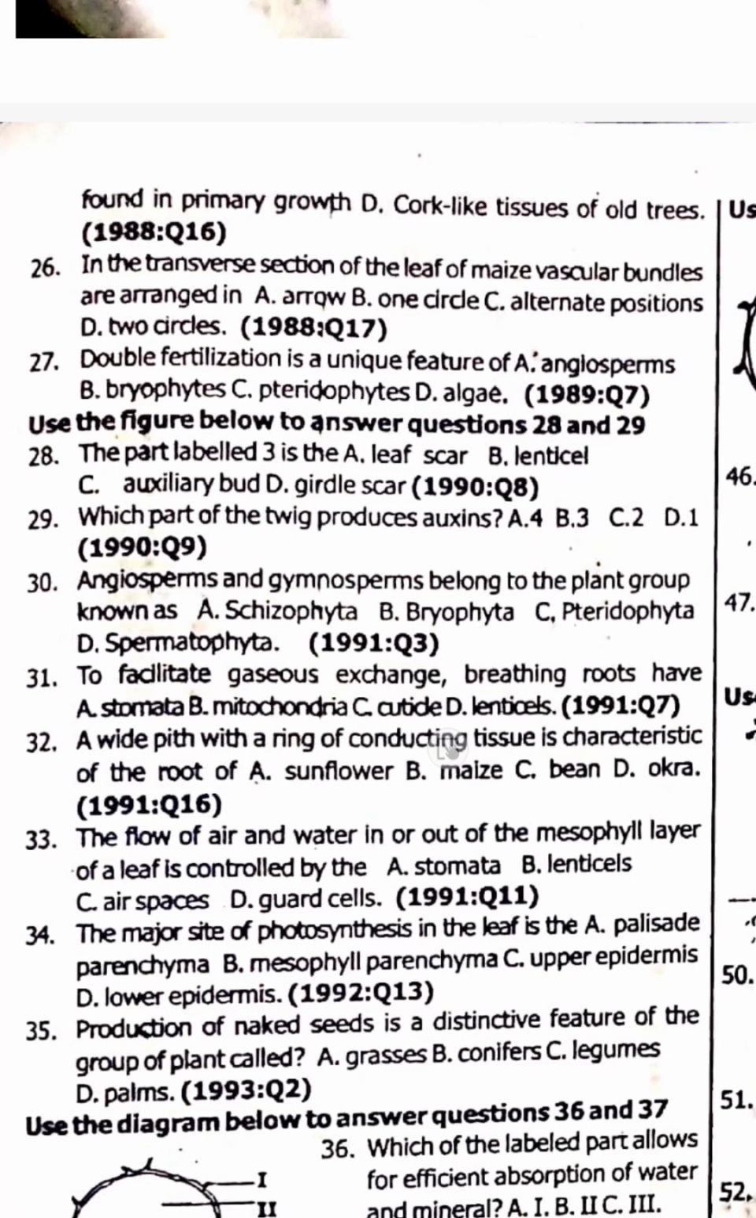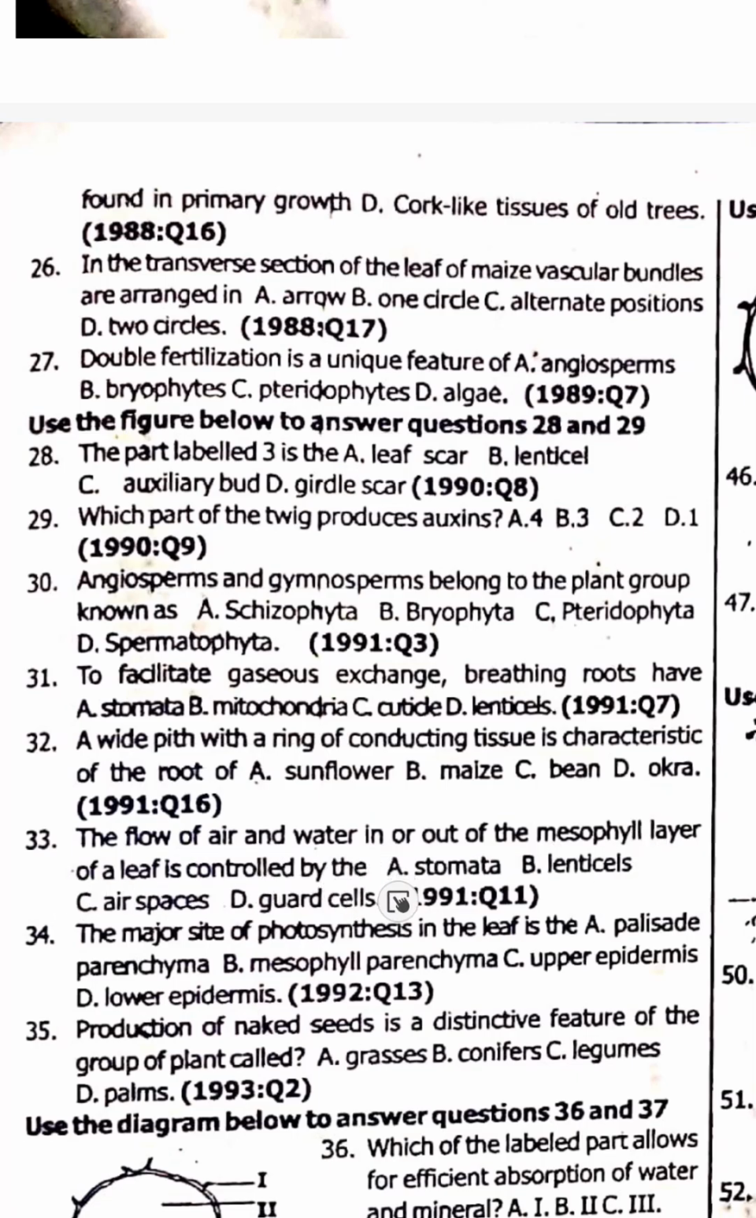32. So 31. To facilitate gaseous exchange, breathing roots have lenticels. Option D. 32. A wide pit and ring of conducting tissue is the characteristic of, a wide pit, monocot. They don't repeat similar things like this. Option B. 33. The flow of air and water in or out of the mesophyll layer of a leaf is